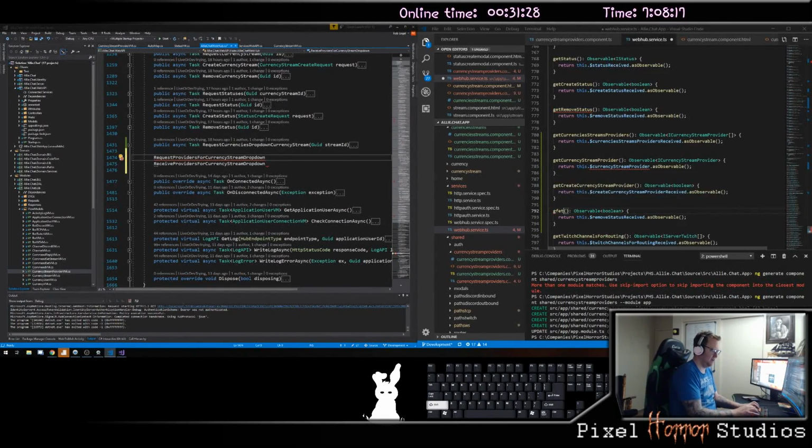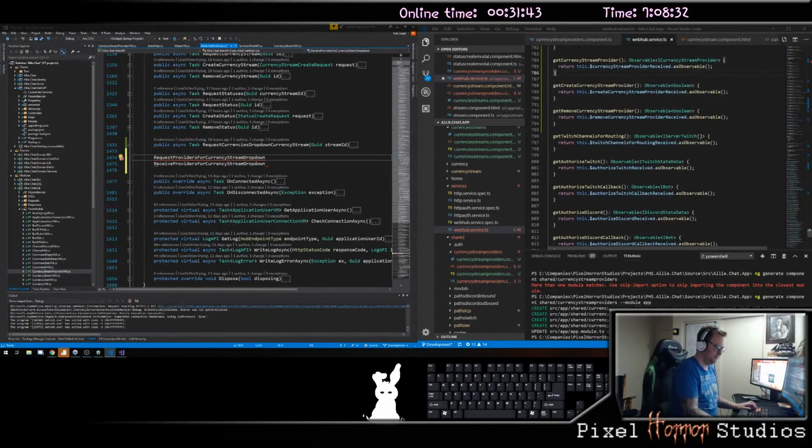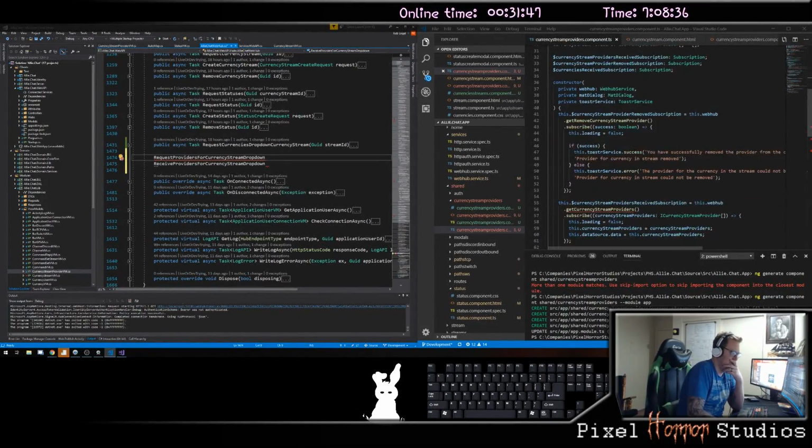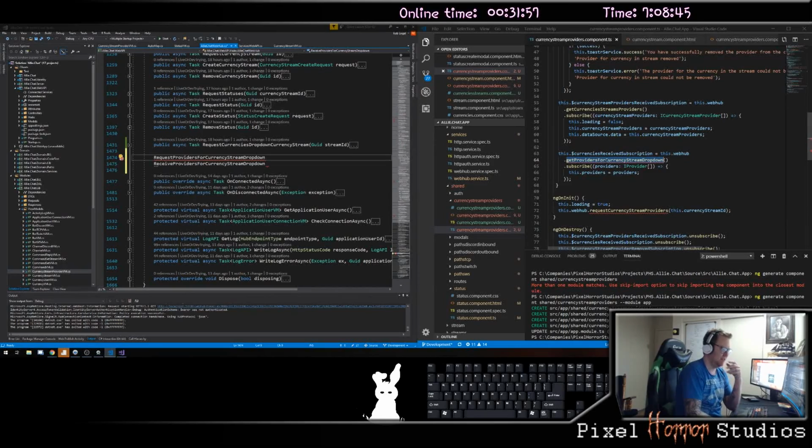And this is a get remove currency stream provider called remove currency stream provider received. That was fun. This should be get currencies streams providers. And this is get providers